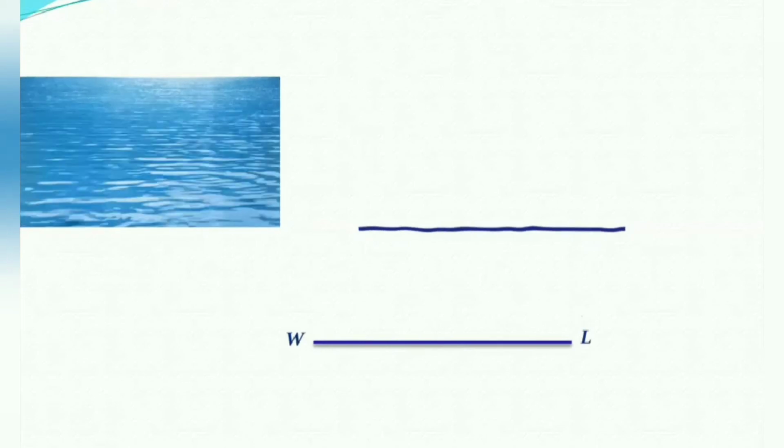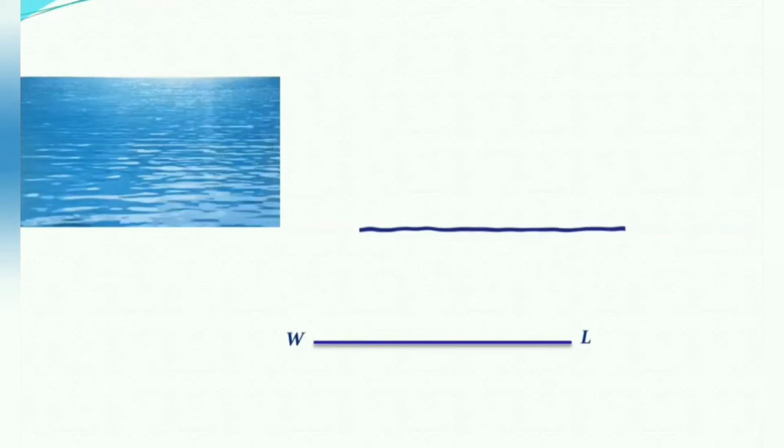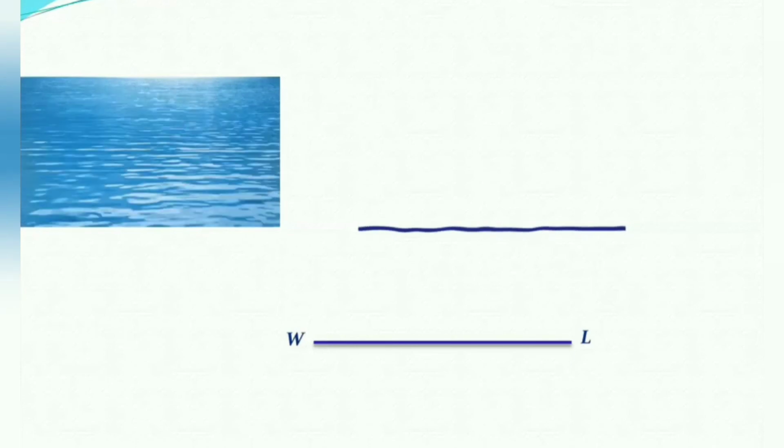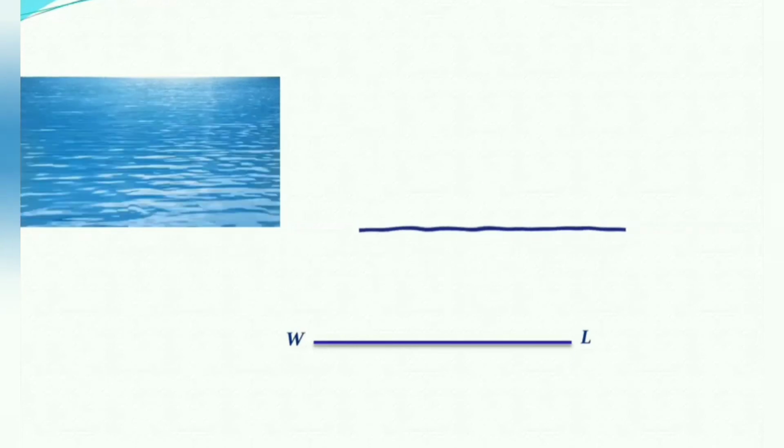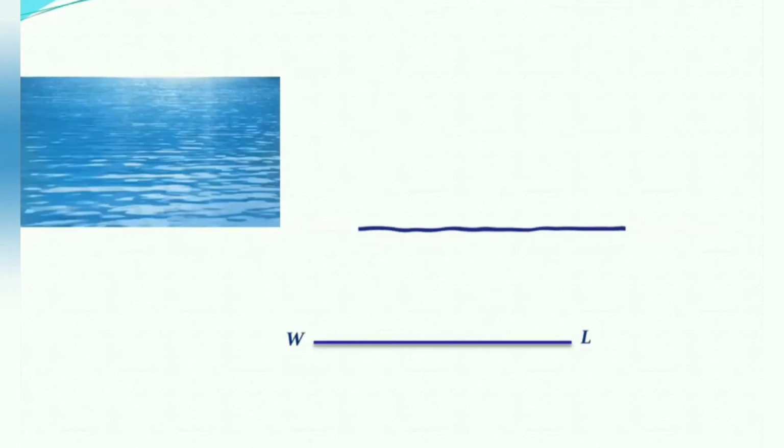When in calm conditions, this is how the liquid surface looks like. Representing the same on a two-dimensional plane would give us this. Ideally, we can assume it as equivalent to a straight horizontal line. In all of our upcoming diagrams, the waterline will always be shown with a straight horizontal line.